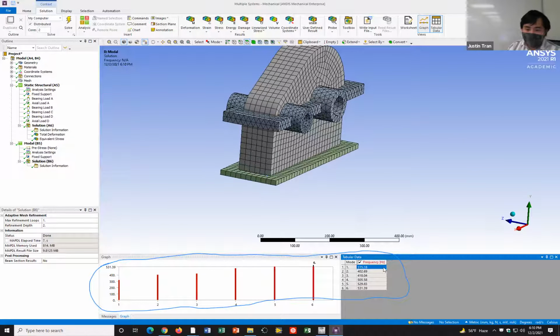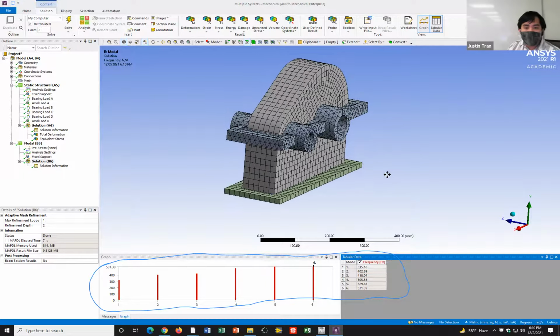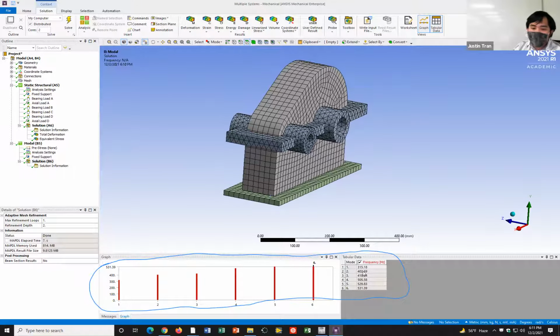Most of the time, we're only really interested in the lowest one, because this is the lowest frequency where we're going to have resonance. This tells us what the natural frequencies are. If you're designing this gearbox for structural applications, you want to make sure that this 315 is much higher than any vibrational forcing that this gearbox is going to experience. That's how you find the natural frequencies. You just load it up, you mesh it, and then you hit go. But there's more that we can do here.